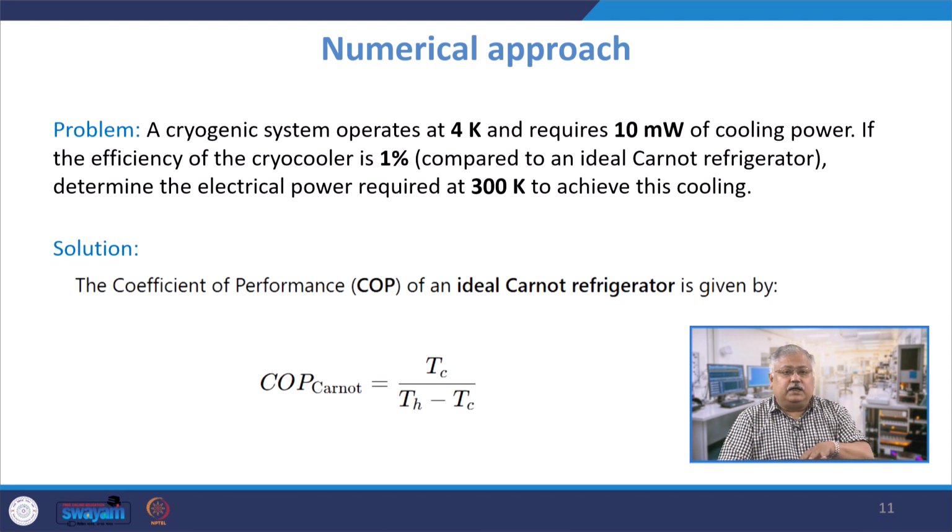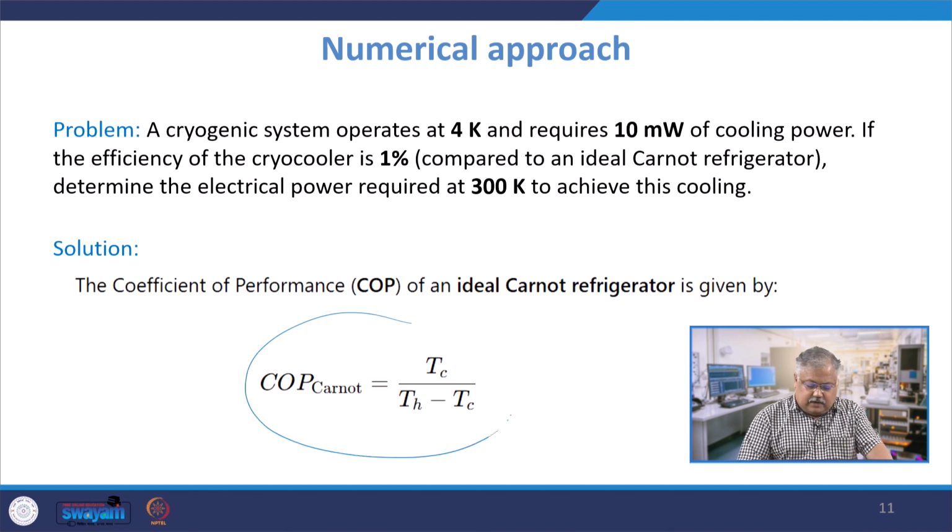And if I assume that the cryocooler is 1% efficient, then we are told to determine the electrical power required at 300 Kelvin to achieve this cooling, right. I am at 300 Kelvin, want to go to approximately 4 Kelvin, and this 4 Kelvin requires 10 milliwatt of cooling power. Now we define a term here which is known as coefficient of performance, right, and it is